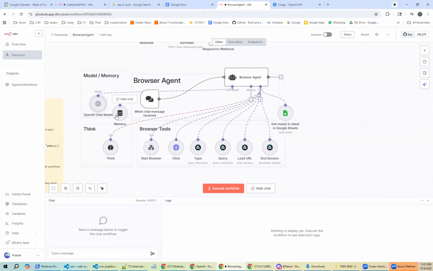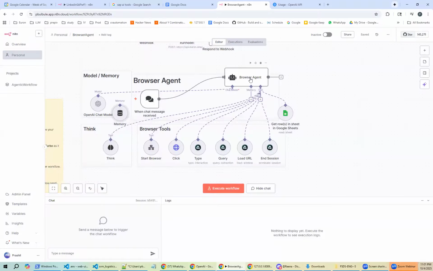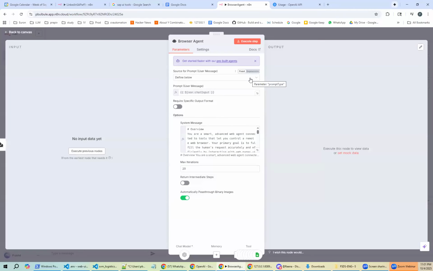My question to you here is, I'm unable to configure the memory here. Of course, this is something which I would need to learn. सबसे पहले तो आप डिफॉल्ट मेमोरी कर लो, क्लिक करो आप प्लस के ऊपर, डिफॉल्ट मेमोरी वो देता है विंडो वाला। ठीक है। I wanted to use the session ID for that. Okay, so what you're saying is here there is a default memory. नहीं नहीं, वहाँ नहीं, नीचे प्लस प्लस।